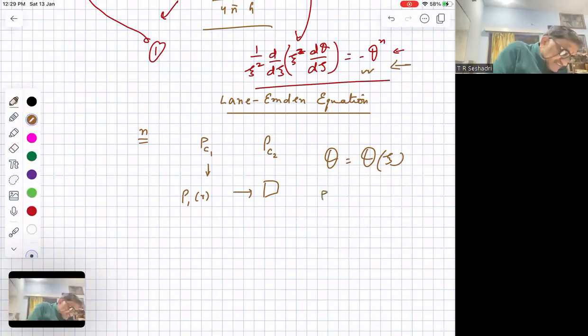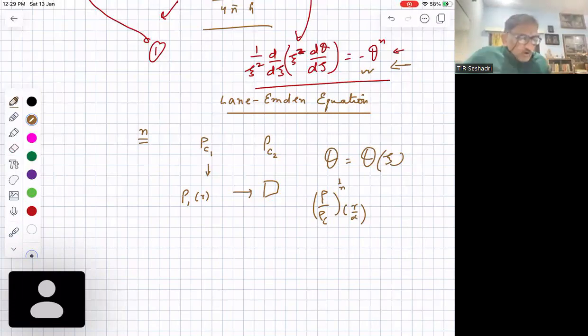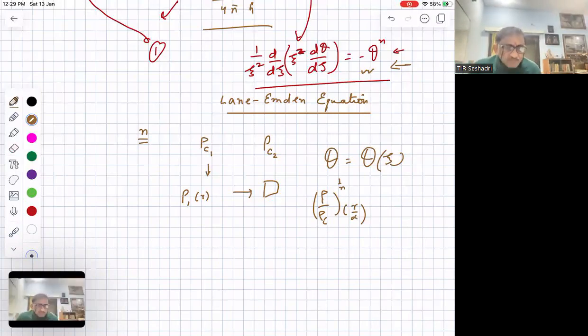So it says that it is rho of, so I have theta as a function of this one. So theta is rho by rho c to the power 1 by n and is a function of r by alpha. So you see, in what way, if suppose you have two systems with the same polytropic index n,